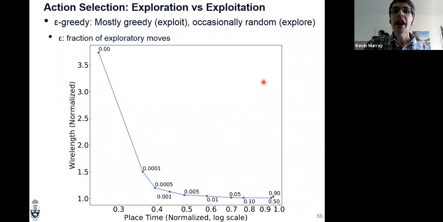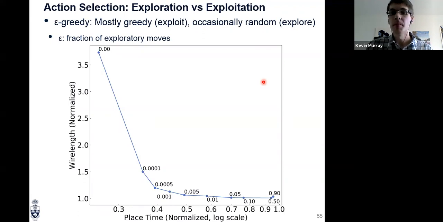The second thing the agent has to do is decide what action to take at a given point in time. There's this well-known problem in reinforcement learning called the exploration versus exploitation trade-off. The problem is we have these estimates of how good these different actions are, and we have to choose which action to take. The approach that we take is what's called epsilon greedy action selection. This means that for some small fraction epsilon of moves, we will do a random exploratory move, just pick an action and try it, even if it's not the best one. But the rest of the time, we will take the greedy, or best, action that we think will give us